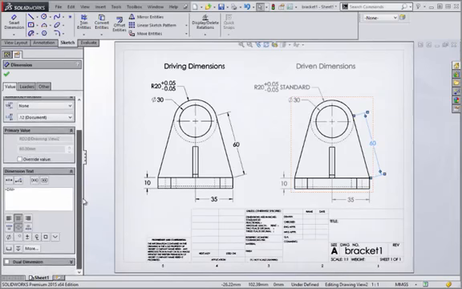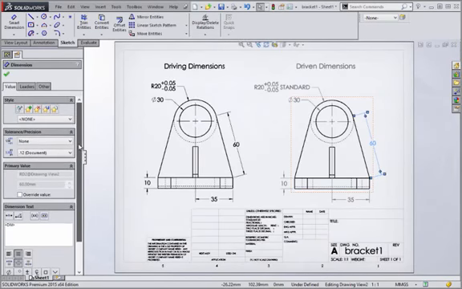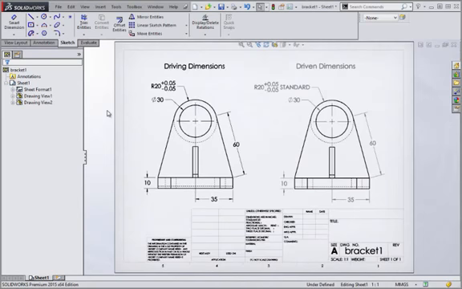The advantage to dimensioning your model views using driven dimensions is that you often have more control over the dimension's appearance. Over the next few lessons, I'll show you how to insert both dimension types and the options